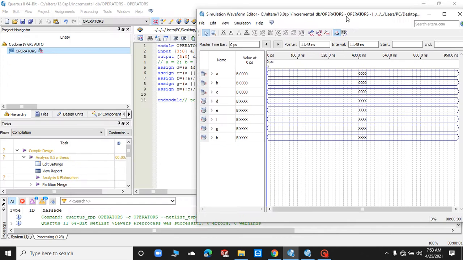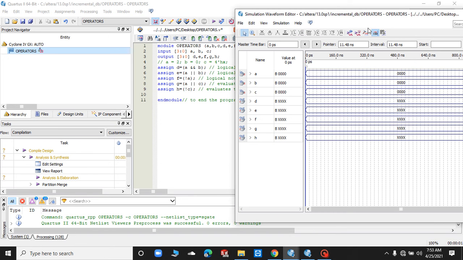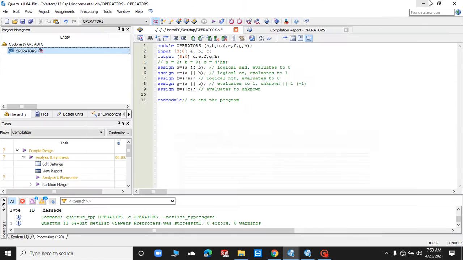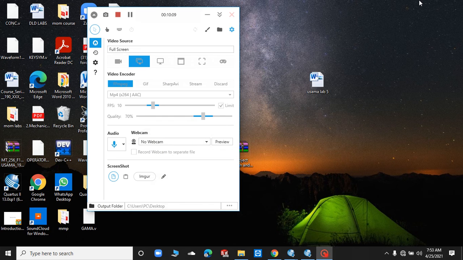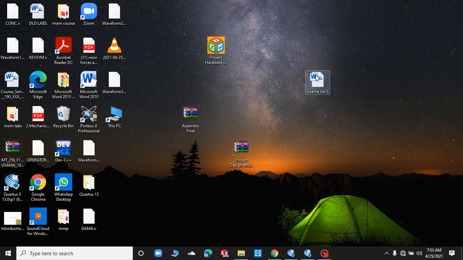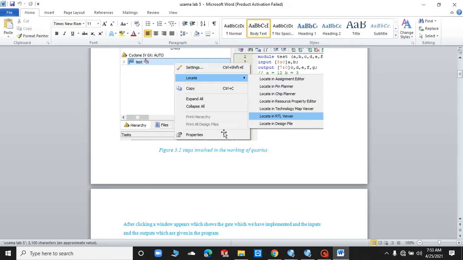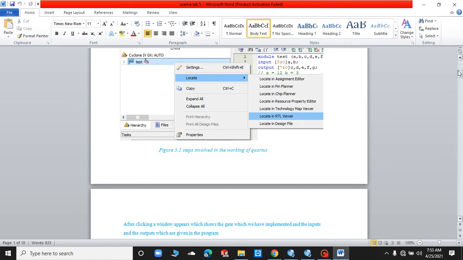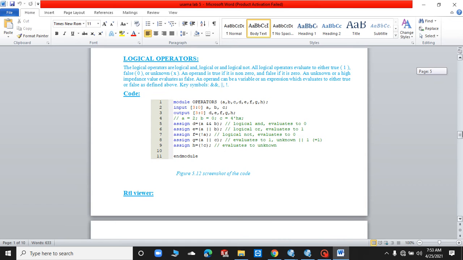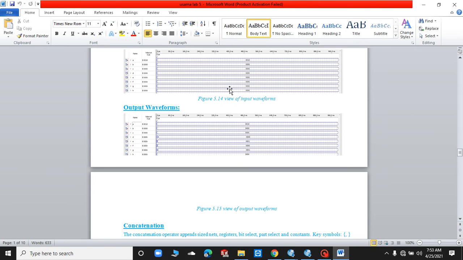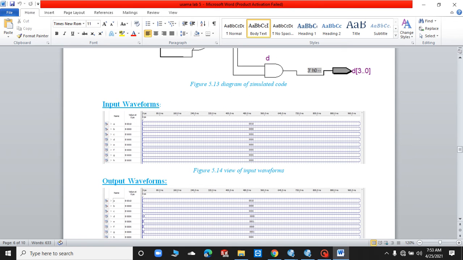To verify the output, I have already used this kind of circuit. Let me show you in my working of lab 5. This was the basic implementation of this lab.